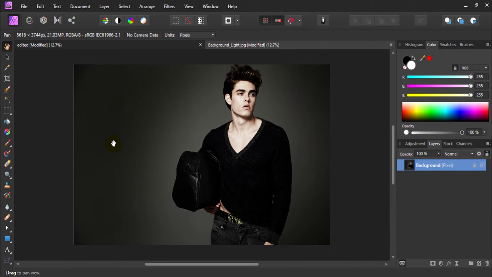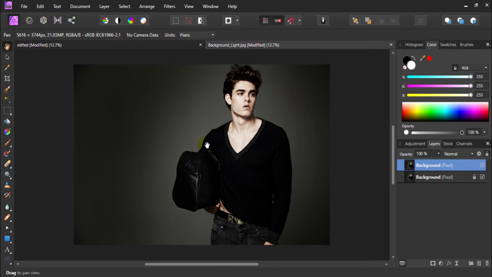So if you already have an image that you want to apply this effect to, that's fine, but if you don't have one, make sure to download this image from the link given in the description below. I already opened this image in Affinity Photo, and the very first thing that I am going to do is make a duplicate copy of it. You can do that by pressing Command or Control J, that we already know.